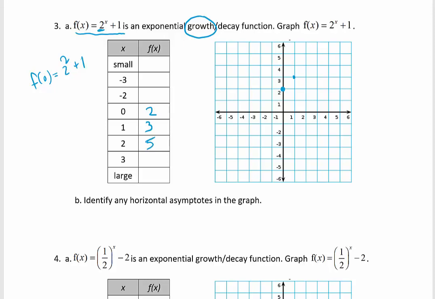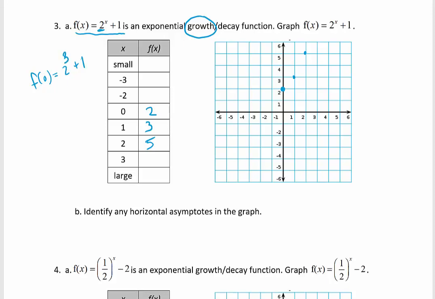So over 2, up 5. And you can see this thing is starting to take off exponentially. 3, 2 to the third power would be 8. 2 times 2 is 4, times 2 again is 8. 8 plus 1 is 9. So that's going off our graph. Over here at 3, we'd be way up here at 9. So I think it's safe to say that our graph is going to go like this